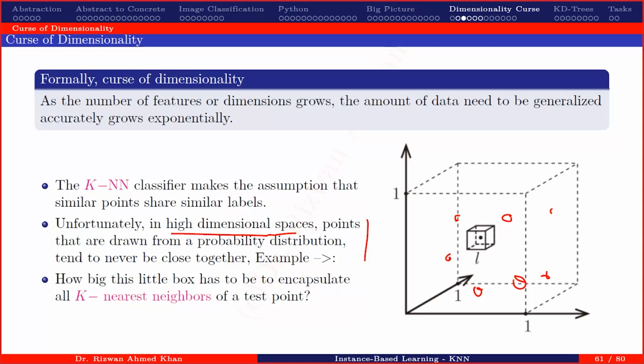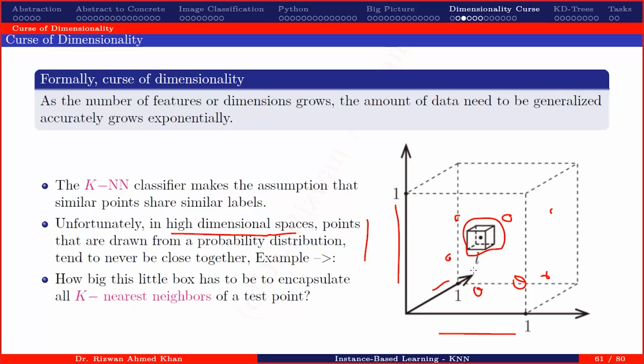In high dimensional spaces, usually points are not close, they are very far away. And then I will just explain why I'm saying that mathematically as well. So here I'm giving you an example of this hypercube, right? With the unit length. So it is one in each dimension. And now I draw a small cube inside it with